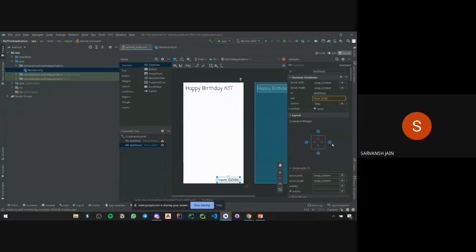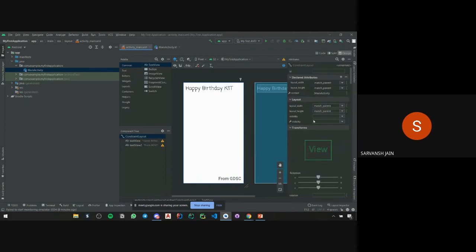So I'll give it from left as well as from bottom. I'll give the same 16 as well as 16 to this. So once again the red error has gone. Now there's a yellow warning.